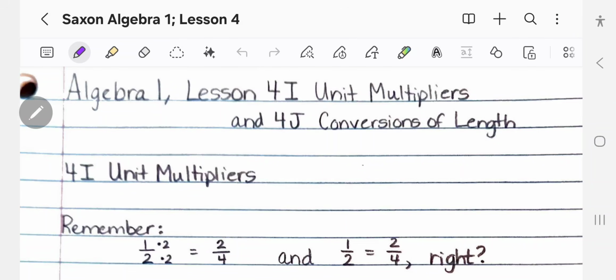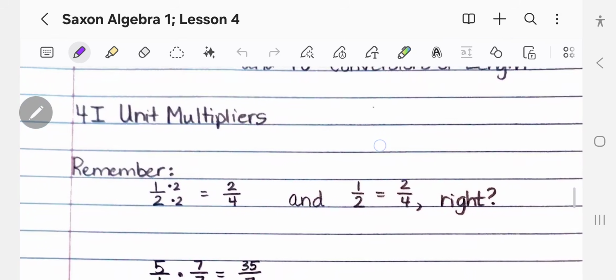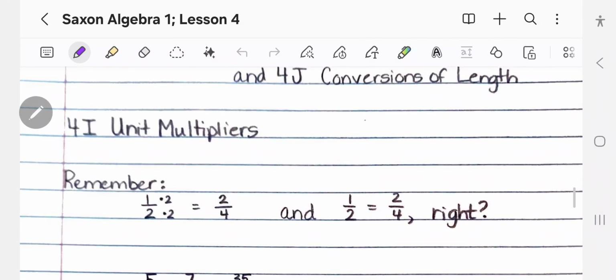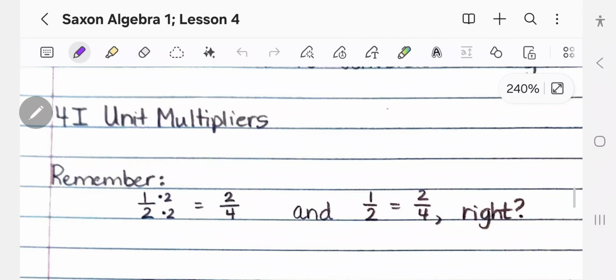This is Algebra 1, Lesson 4I, about unit multipliers, and 4J, conversions of length. 4I, unit multipliers. Now, we've talked about this before, but just by way of reminder, if you have a fraction and you multiply the numerator and the denominator by the same number, you get a fraction that looks different, but